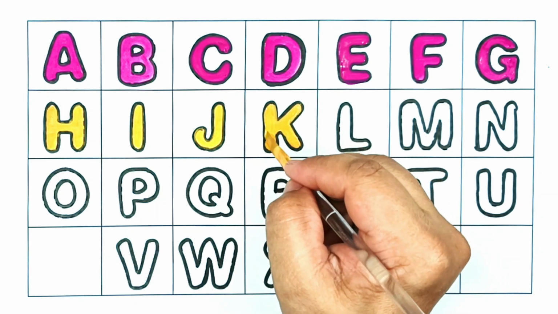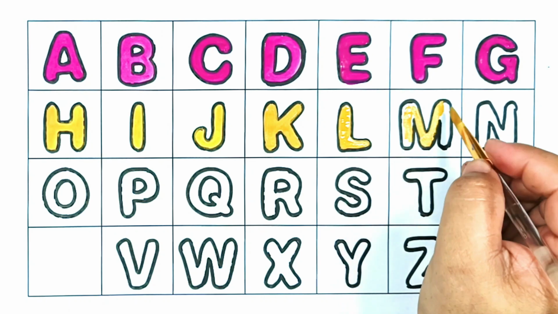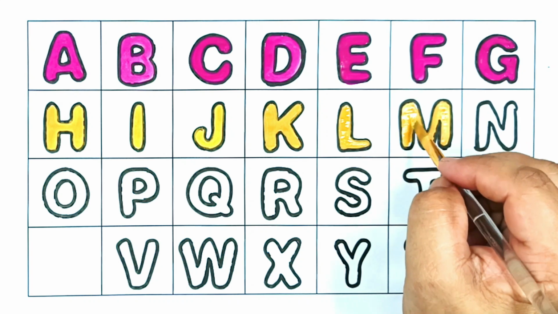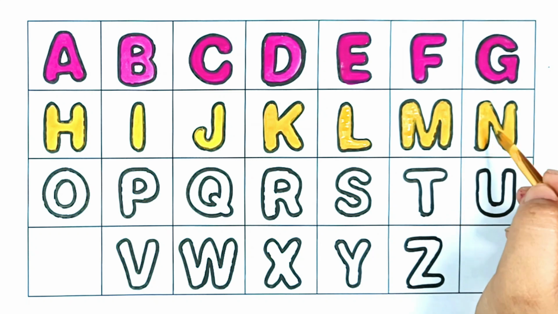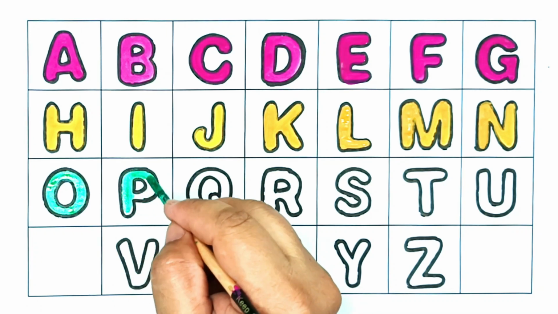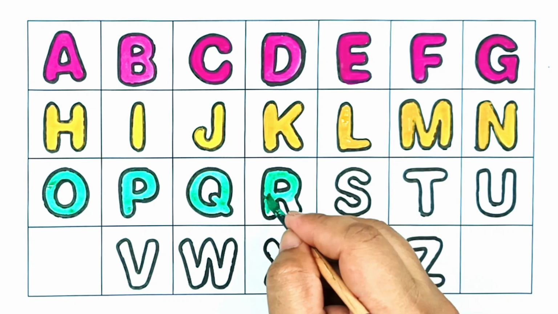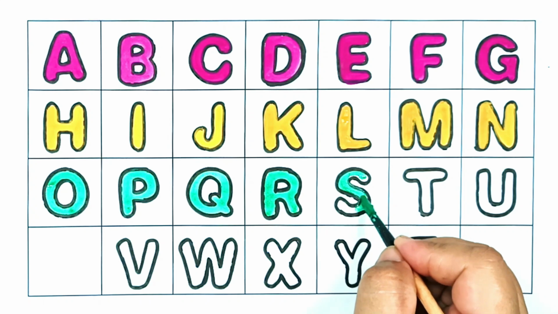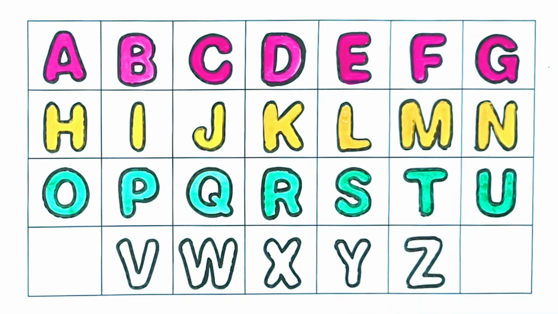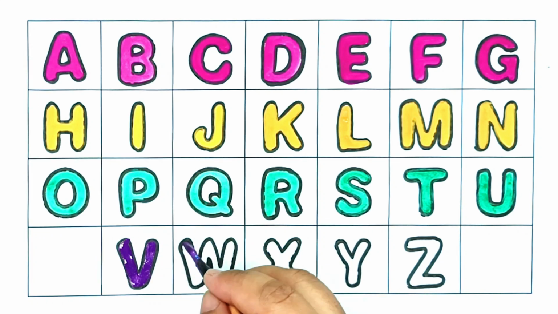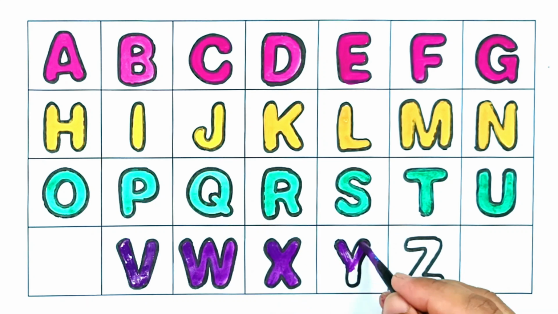K for kite, K for kite, L for lamb, L for lamb, M for man, M for man, N for net, N for net, O for onion, O for onion, P for pen, P for pen, Q for queen, Q for queen, R for ring, R for ring, S for star, S for star, T for train, T for train, U for umbrella, U for umbrella, V for van, V for van, W for watch, W for watch, X for xylophone, X for xylophone, Y for yacht, Y for yacht,